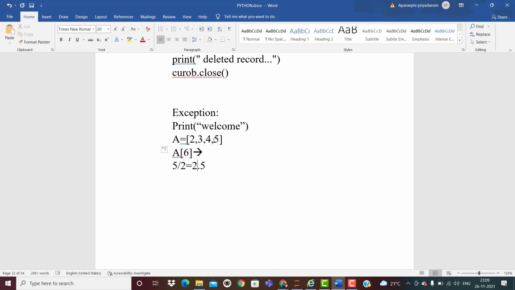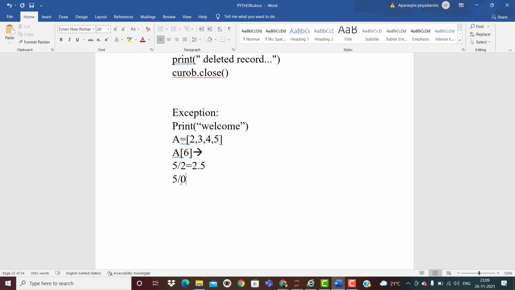But if it is dividing by 0, what answer will you get? Our compiler doesn't know whether this is divisible or not. So at this time the exception will come, dividing with 0, like that.